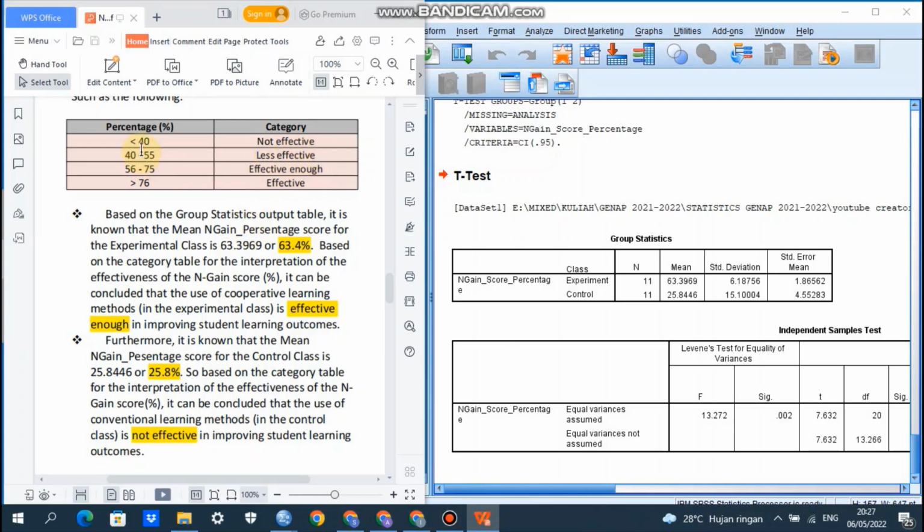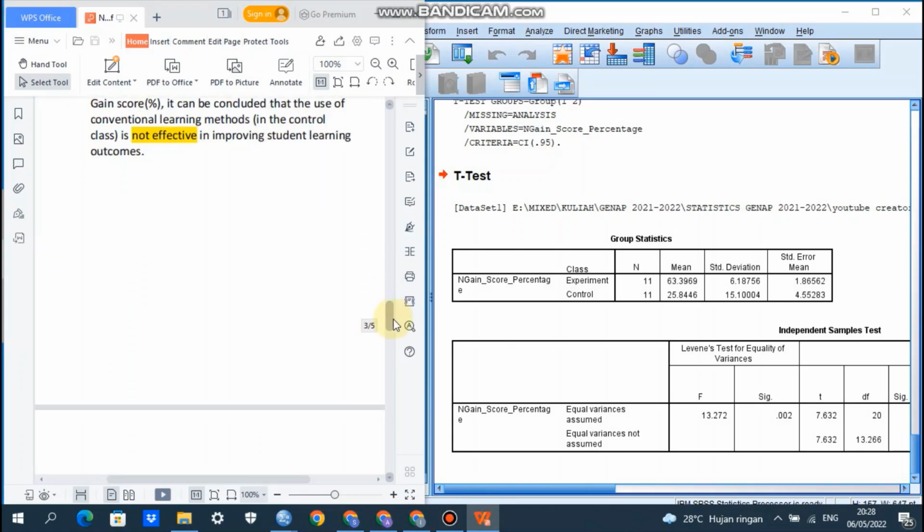This one, 25.8%, is less than 40%, so it is categorized not effective. But for experiment class, the mean 63.4% is between 56 until 75%, so it is categorized effective enough.